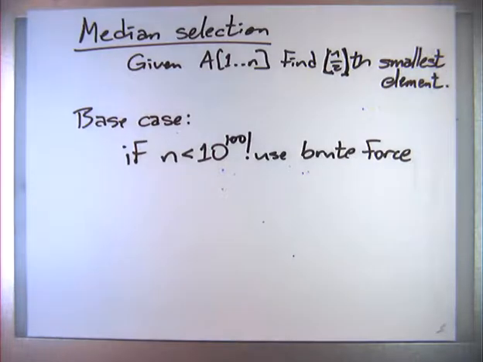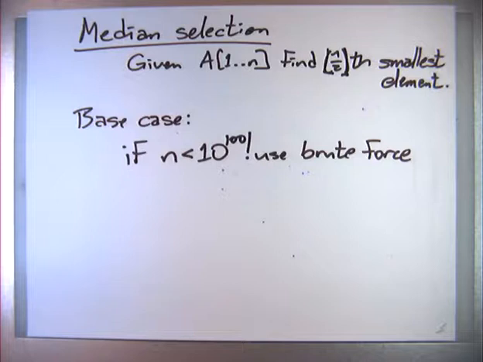It's big O of 1. Again, I don't care what the number is. Just pick some large enough number that will avoid any sort of off by 1 errors in the base case. Of course, when you're really implementing it, probably you want to make that 4 or 5. But when you're designing the algorithm, just say, yeah, when it's small enough, just sort and pick it, or do whatever brute force thing you want.